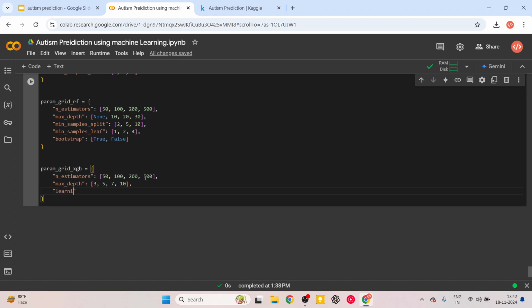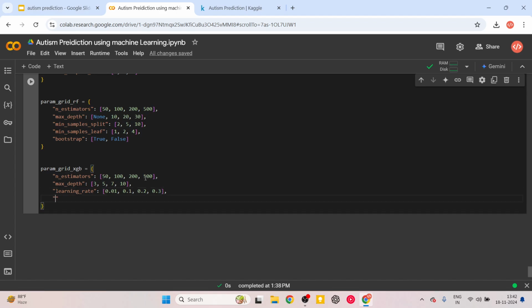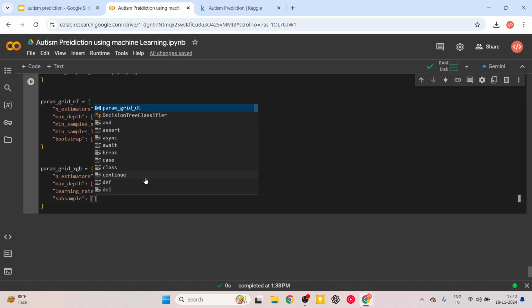And let's say we have learning rate. Learning rate, let's use 0.01, 0.1, 0.2, and 0.3. So this is the learning rate that I'm choosing. And then we have subsample. For that, I'm going to use